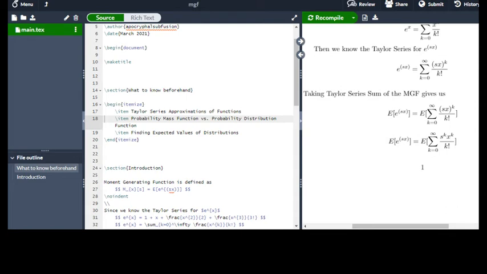And then we actually want to take the Taylor series of the moment generating function. So we'll basically end up with exactly the same thing,